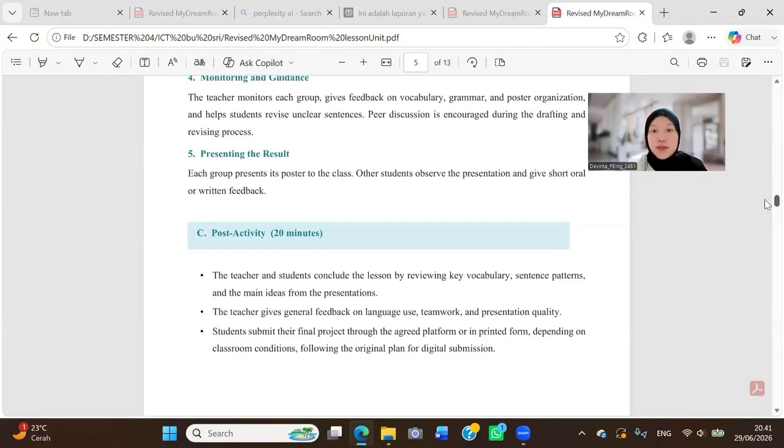The next, post-activity and reflection. In this part, I would like to describe the post-activity and reflection. The post-activity takes about 20 minutes. The teacher and students review the key vocabulary and sentence patterns from the lesson and summarize the main idea from